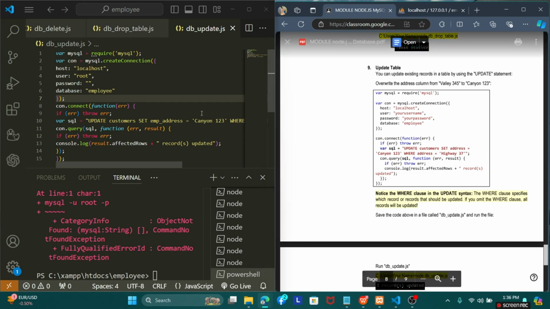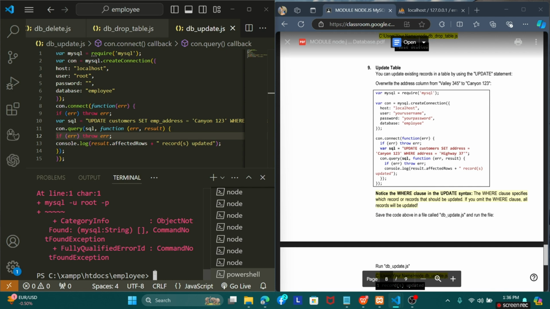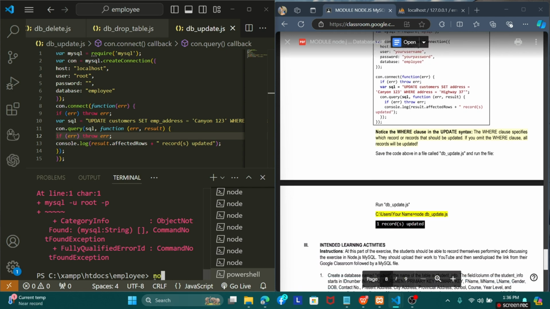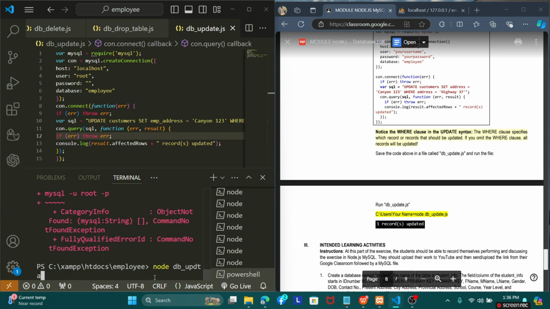Okay, so here already this is the code, and just run again node db update .js,